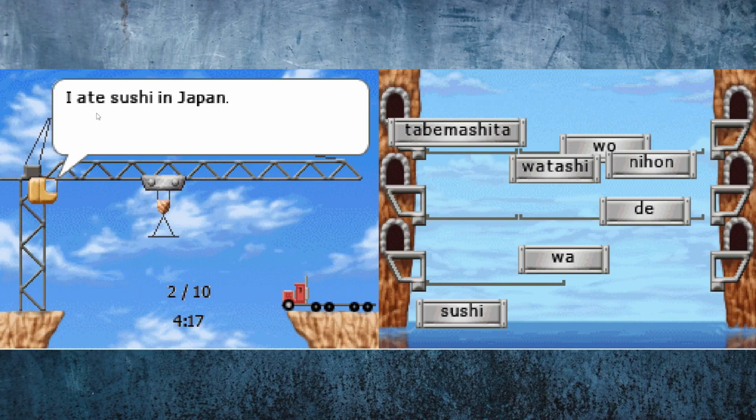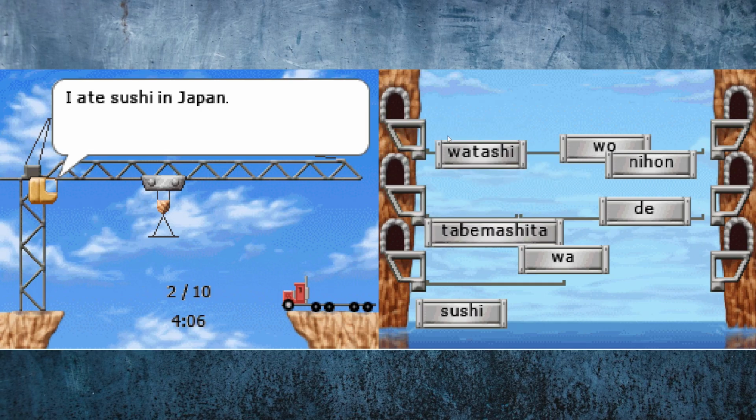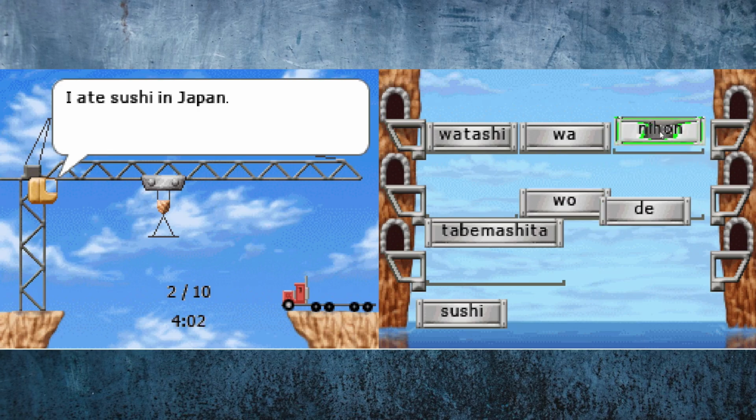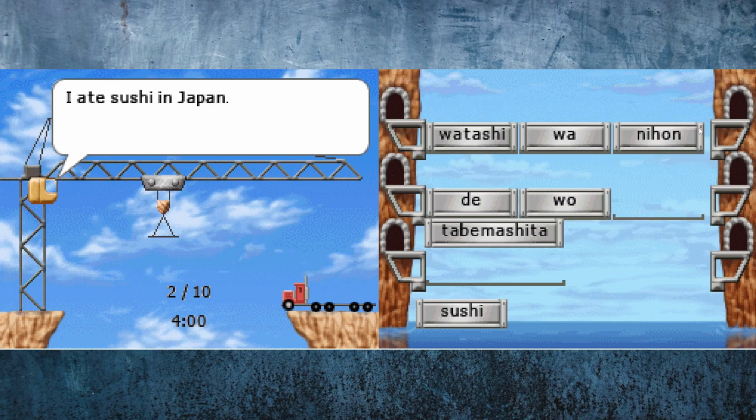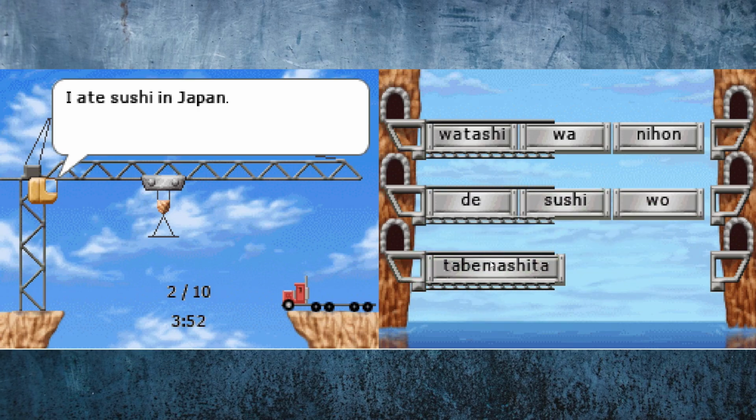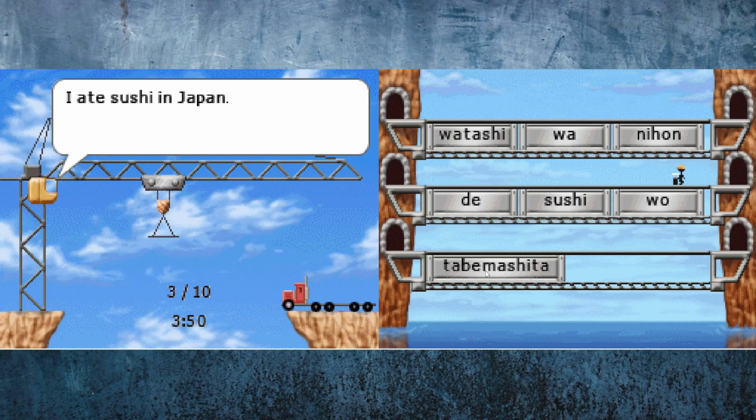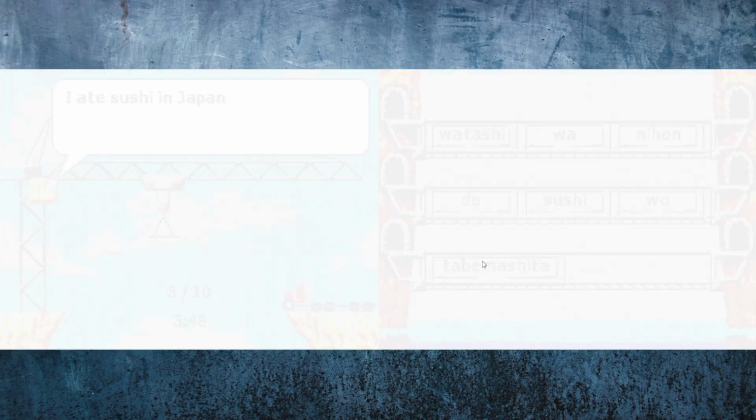I ate sushi in Japan. Watashi wa Nihon de sushi o tabeta or tabemashita. So it's watashi wa Nihon de, because Nihon is the place, Japan is the place. Watashi wa, you are the subject. Sushi is what you ate, so sushi o tabemashita means to eat. 私は日本で寿司を食べました。